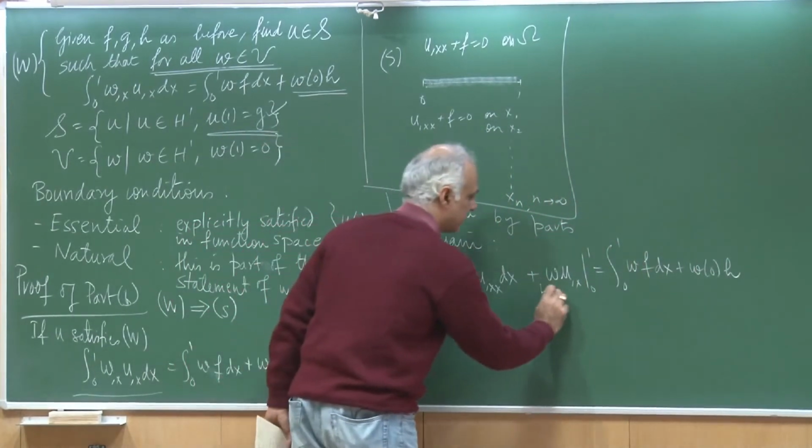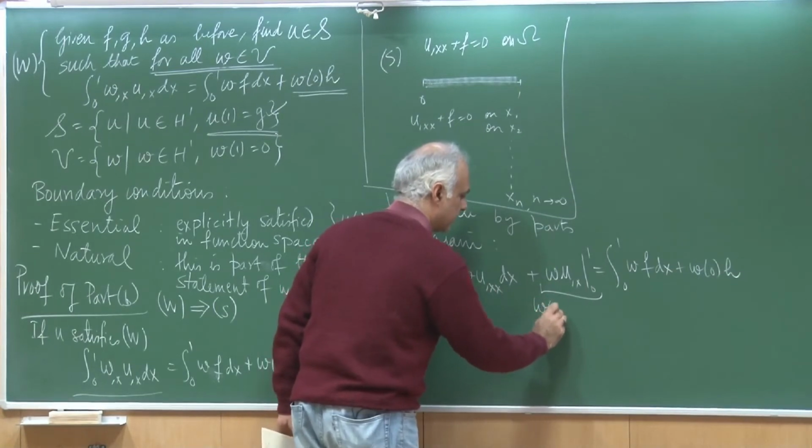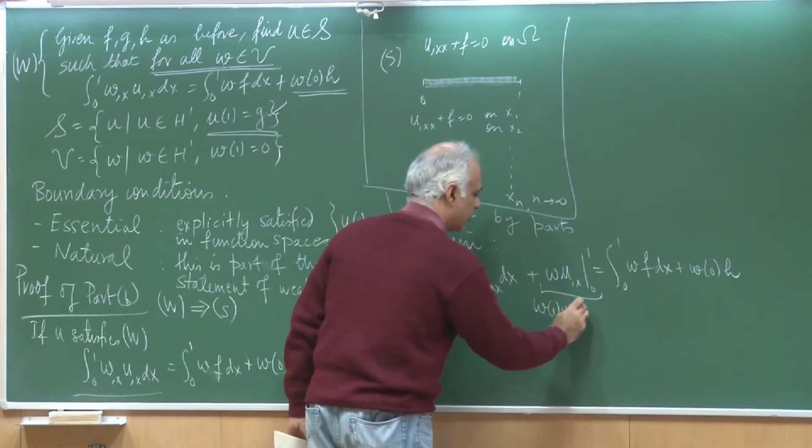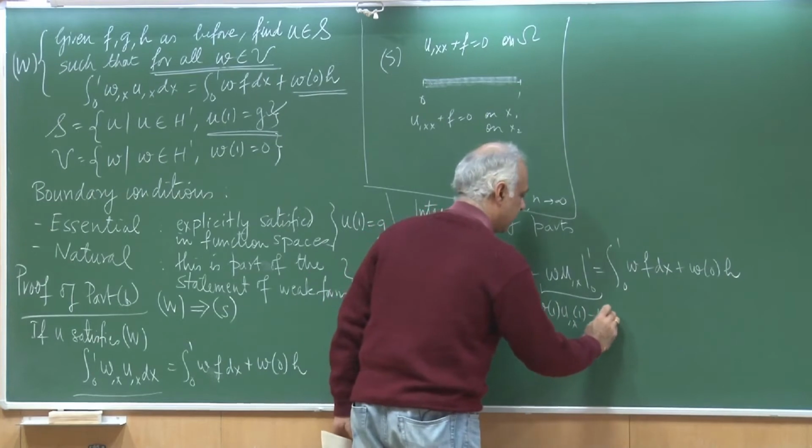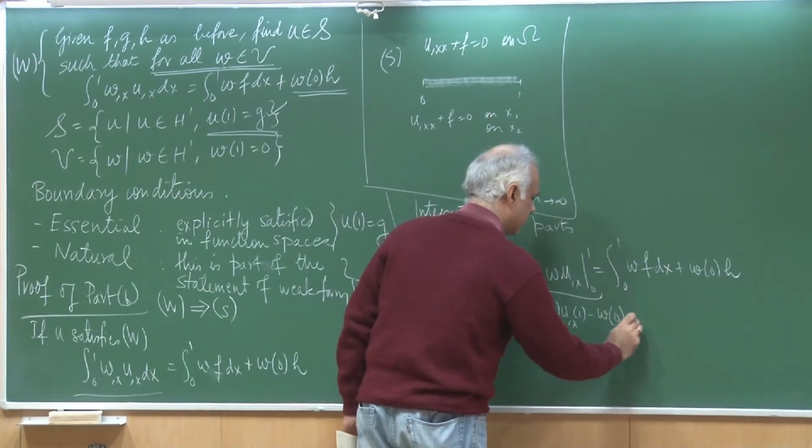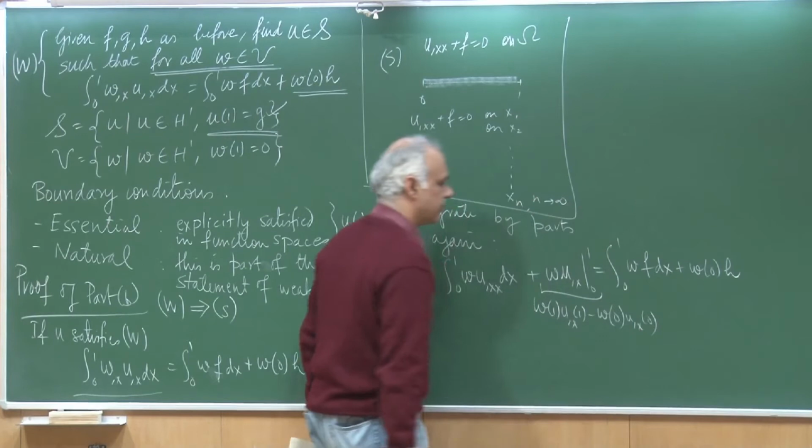Now, this term here I can write as w1 times u comma x1 minus w0 u comma x0,